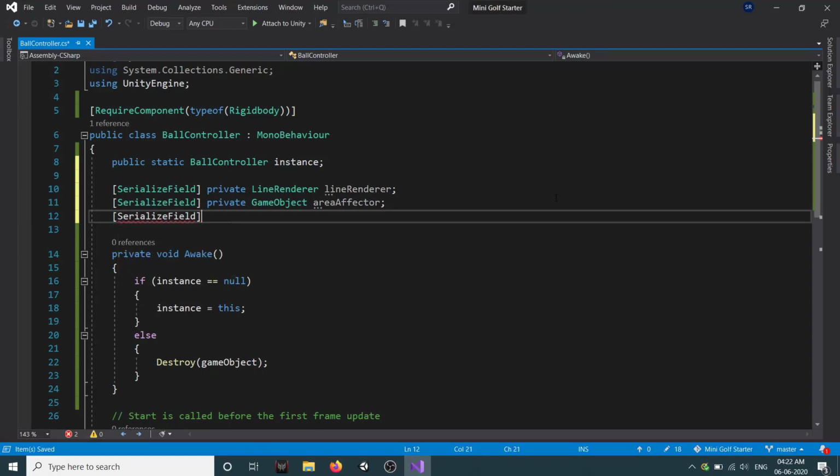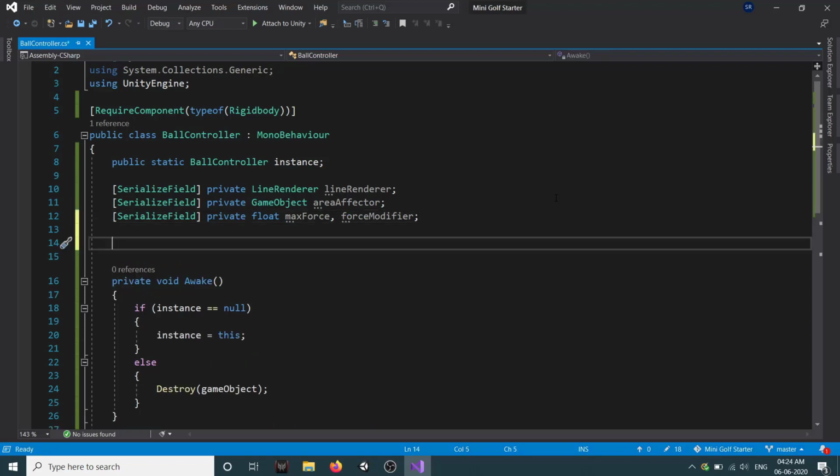So we will type SerializeField private float maxForce and forceModifier. So max force is the limit, that is the maximum force which we can apply to our ball when we shoot. And force modifier is basically a multiplier. So whenever we click and drag, we just multiply that distance with this force modifier so we can apply more force to our ball. Now we will need a private float force variable. So this is the actual variable which will be applied to our rigid body.